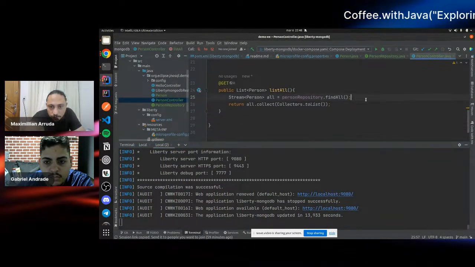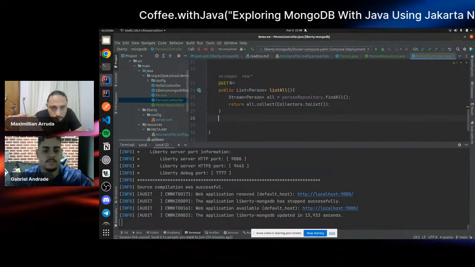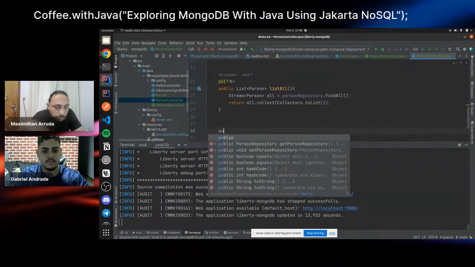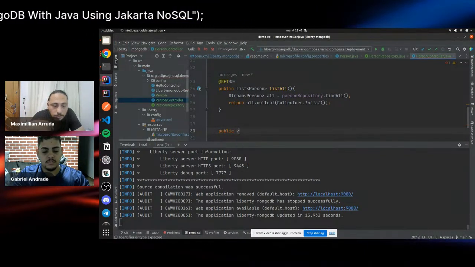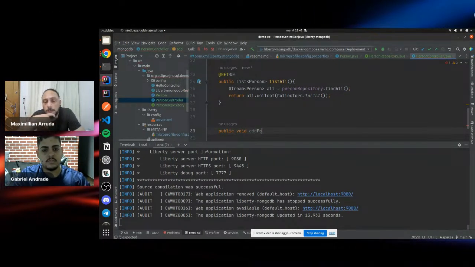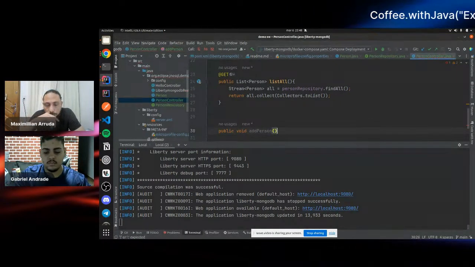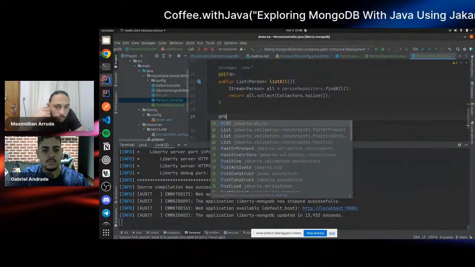Okay, so create another method. Another method, please. Create an add person, for example. It could be a void one. It will be a post.